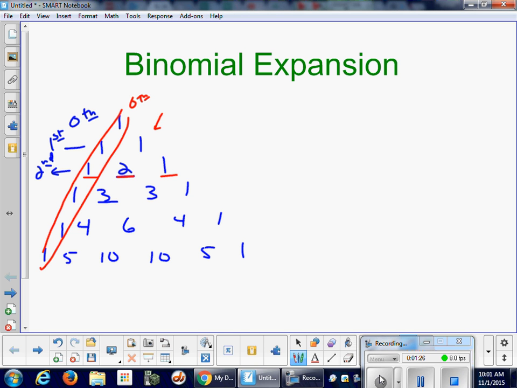Now, it turns out that we can get each of these individual elements, like let's say I want to find this 3, by using a button on our calculator called the combination button. Some of you may have seen it. It's the NCR button on our calculator. It's under Math, PRB. If you go to the Math button and move all the way to the right or one space to the left, you'll see an NCR. And you're going to put in